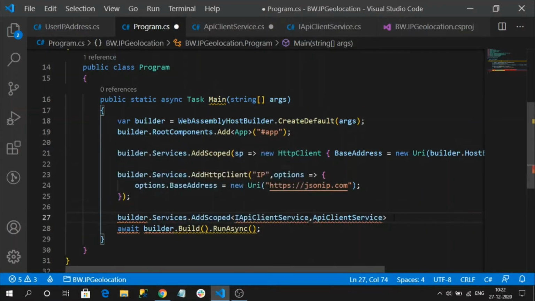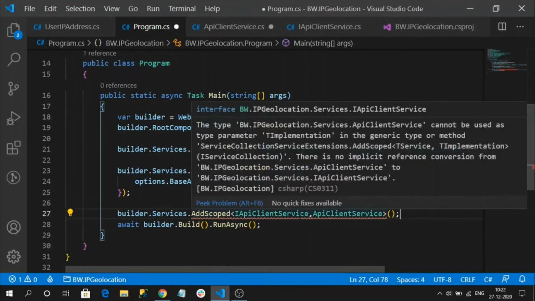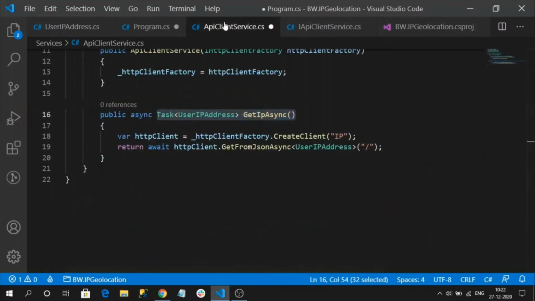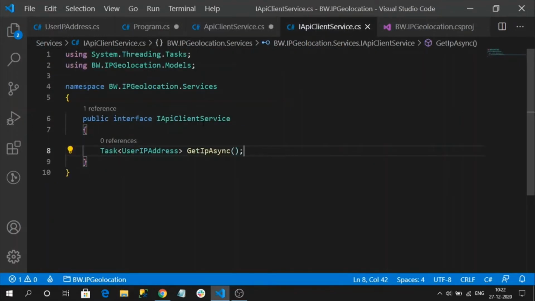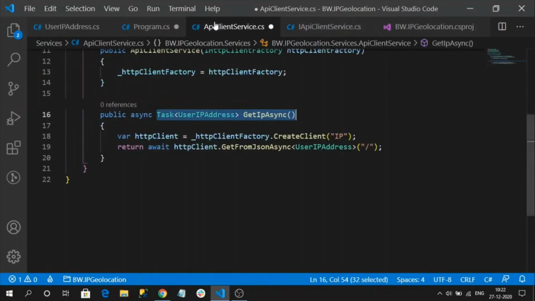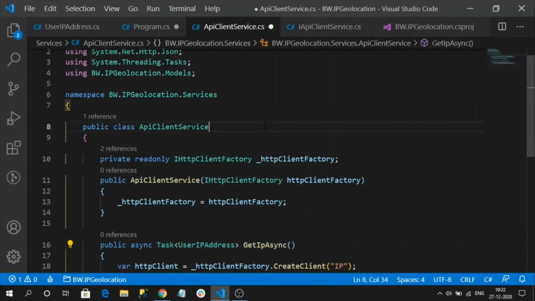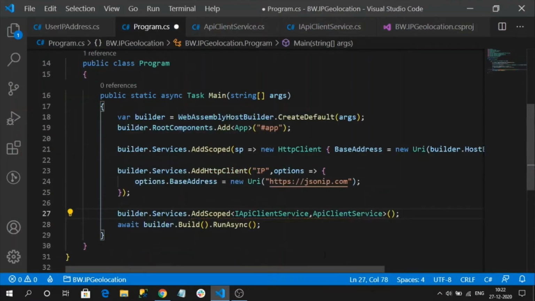Let's import the namespace. Okay. Now our client service is ready to be injectable. Why is this a Google name? Okay. We haven't inherited this interface. So let's inherit it. And now check. Yes, now it is gone.